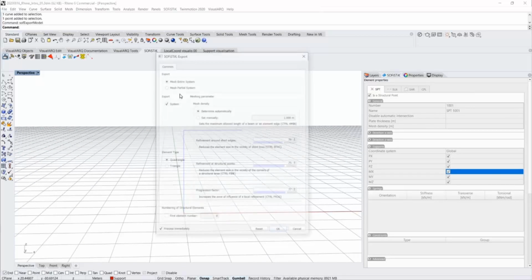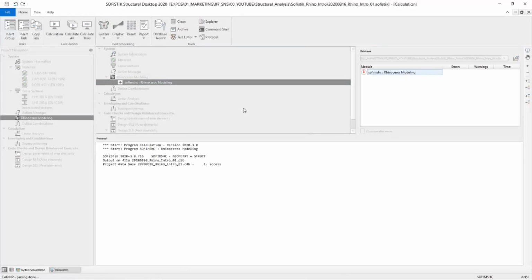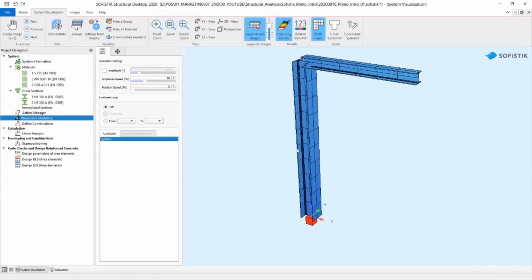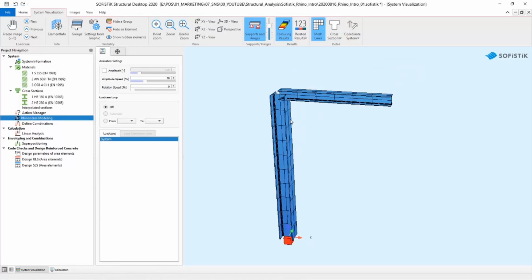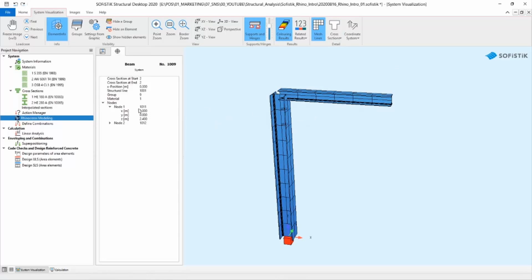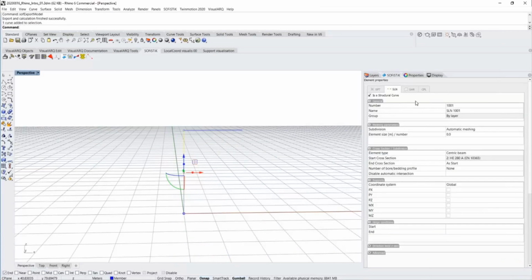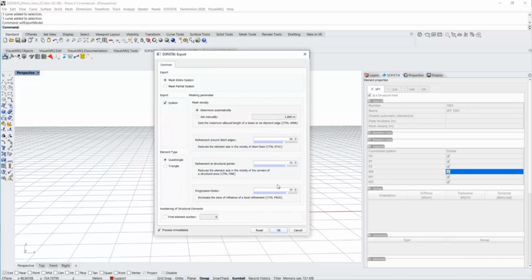Now I'm going to export this Rhino model to Sofistik once more, and if you look at the visualization, now we can see the profile which we defined is properly exported from Rhino, and you can see the group name. The group number is 9, and the group number here is also 9, which is a bit strange because I defined them to a group number. Okay, that group number was by layer, so I'm going to change the group number here. I'll skip group number 1, and that also is defined as group number 1. And once more I'm going to export